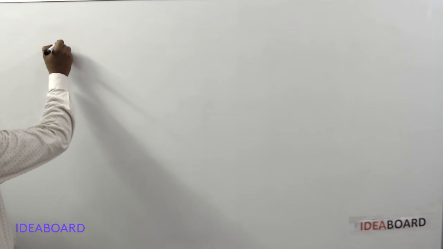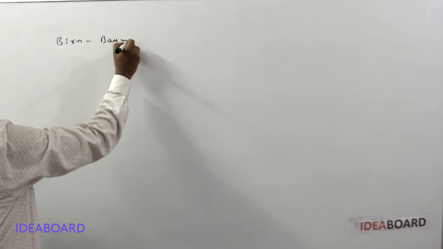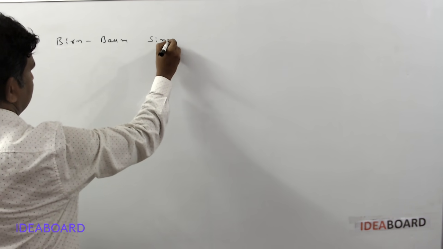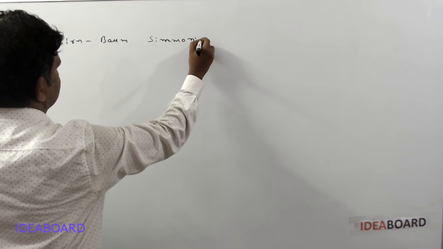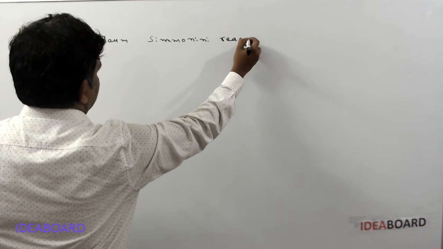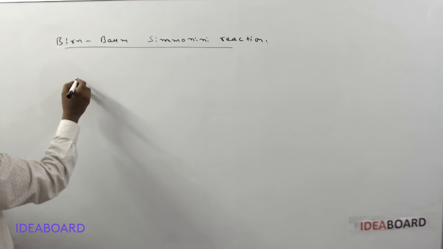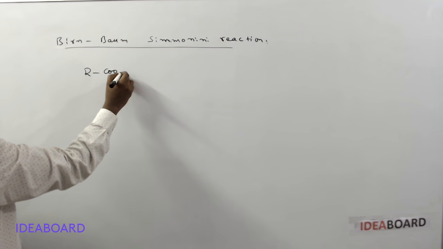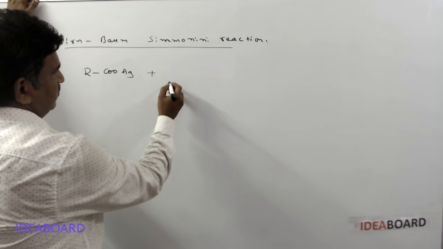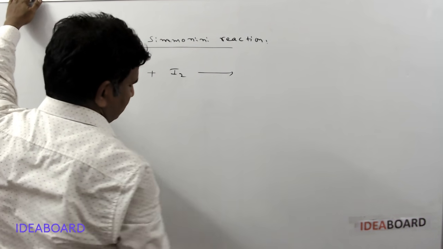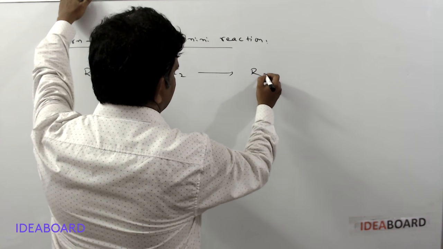Next one, the Birnbaum-Simonini reaction. Here in the Birnbaum-Simonini reaction, it is actually also a Hunsdiecker-Borodin type reaction. Suppose we are taking the same silver carboxylate, and in this process, if you are using iodine, then what happens is it forms